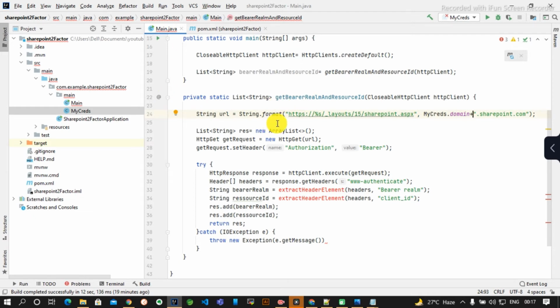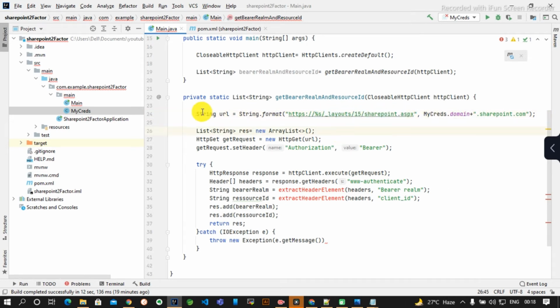So now as you can see, I am using this string format %s. This will be replaced with this domain. I cannot show my domain name for security reasons. Basically, I will tell what this method does. It will replace this %s with my domain, then the full URL will be complete.